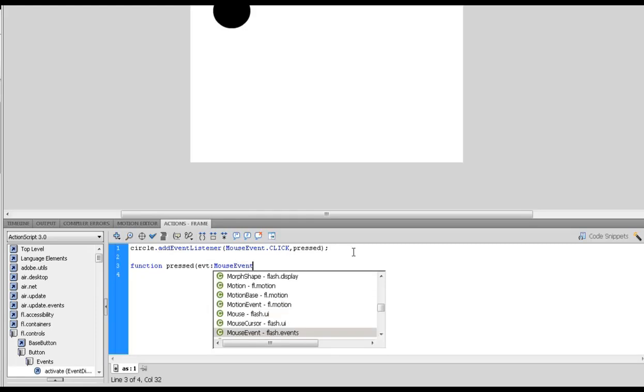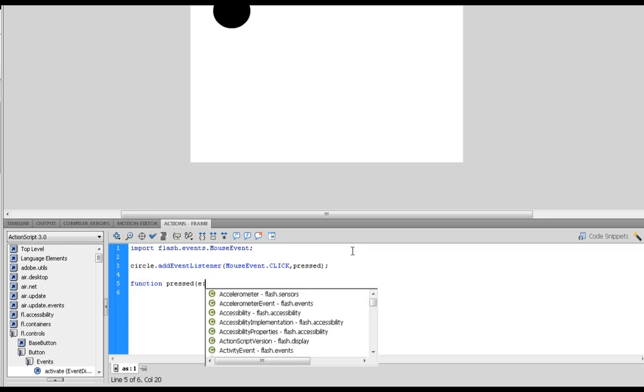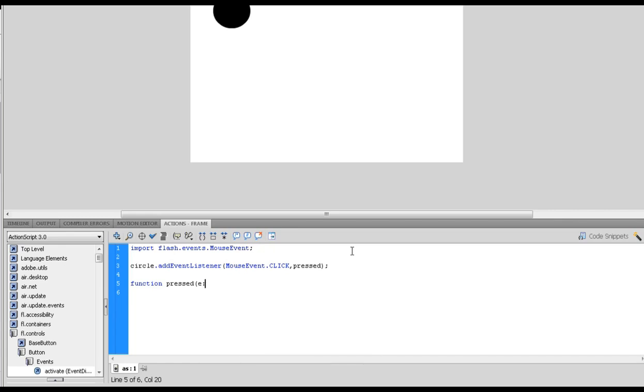mouse event. The EVT is like a variable that can hold it, but it's interesting actually, because that EVT I said in the last tutorial didn't need to be called EVT. It could be anything you want. If I do that, E, it'll also come up with it, and we're going to store it in E, and we'll go for, let's do that again,